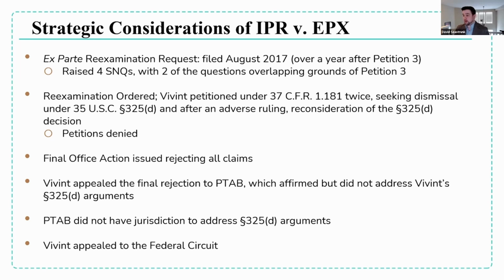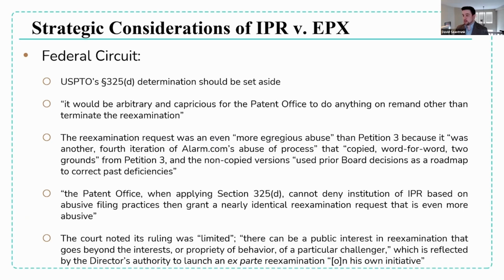The patent owner appealed, arguing that 325(d) should apply here and that the reexam should not have been granted. And there the Federal Circuit did agree. So again, this is sort of an outlier and a pretty extreme case to show you what lengths someone would have to go to for a reexam to be denied. But just wanted to, you guys can look over the slides and,